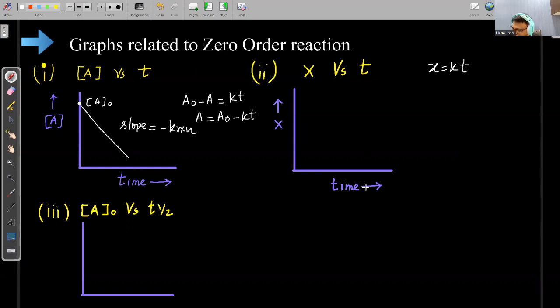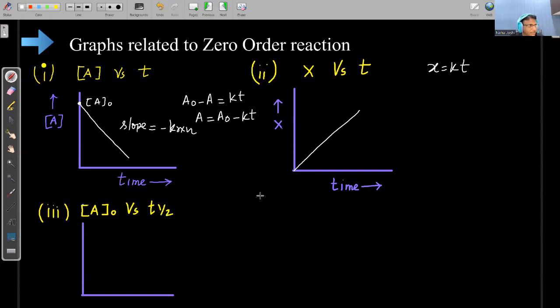तो जैसे जैसे टाइम बढ़ेगा x की वैल्यू बढ़ेगी और लीनियरली बढ़ेगी. It is a line passing from origin और ये इन्फिनिटी तक नहीं जाएगी ना. x की वैल्यू जब मैक्सिमम a नॉट हो सकती है, रिएक्टेंट पूरा कंज्यूम हो गया, तो वहां पे ये ग्राफ खत्म हो जाएगा. सेम वे इफ वी आर डिस्कसिंग व्हाट इज द ए नॉट वर्सेस टी हाफ, अगर हमें ये